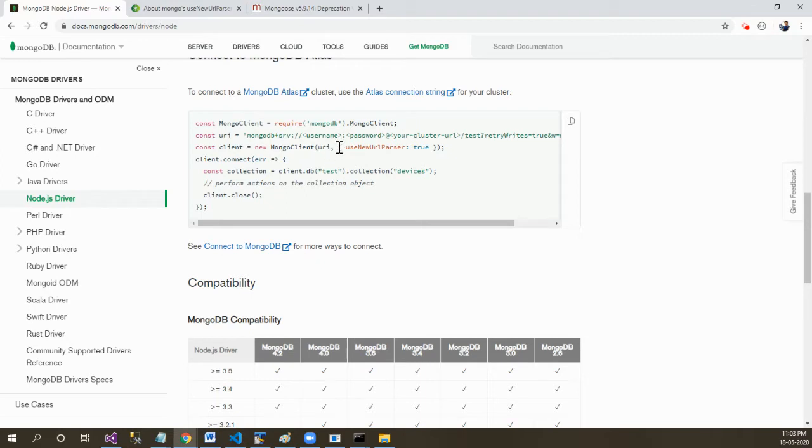Here, whenever you are connecting, you need to provide the URL, that is, obviously, the connection string, and the additional parameter is useNewUrlParser: true.